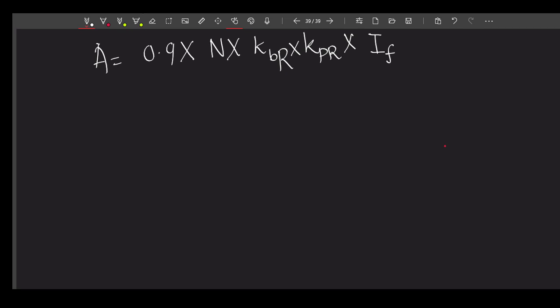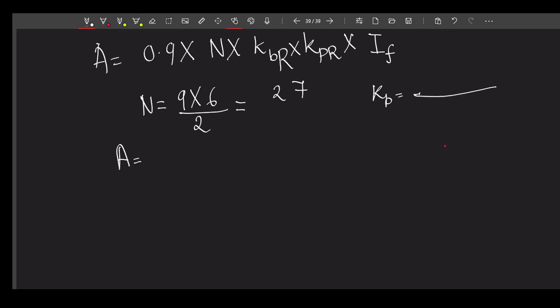So this will become number of turns per pole will become KB will be, we are assuming 60-degree phase spread, so KB will be